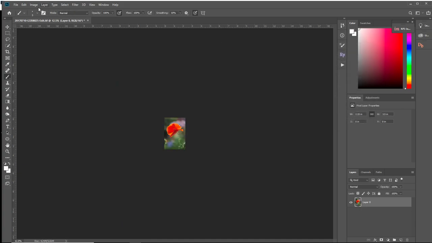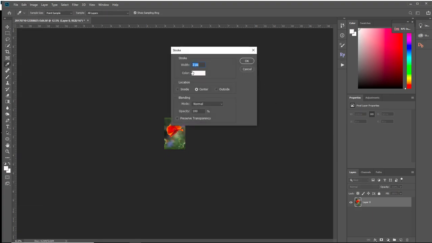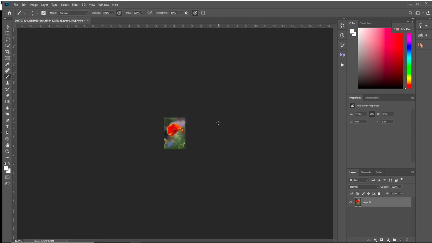That resizes it, and then if we go to Edit, Stroke, it's all set as before. Click OK, and that's it. And then we go stop recording, and that's it. Now, just to show that this works for a square image,